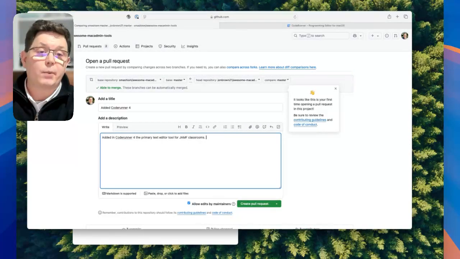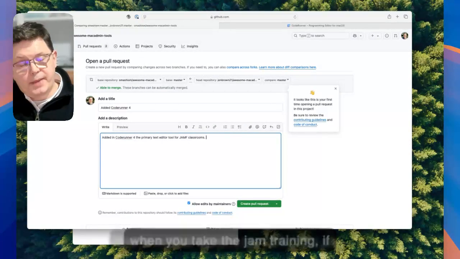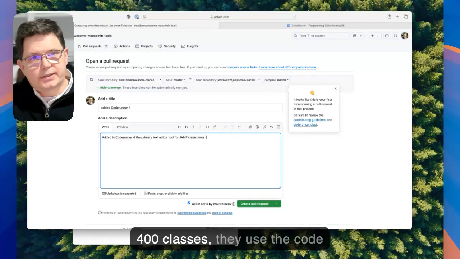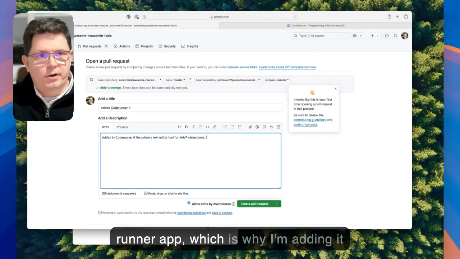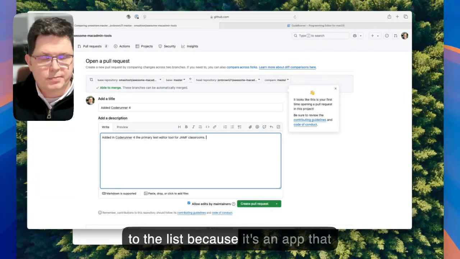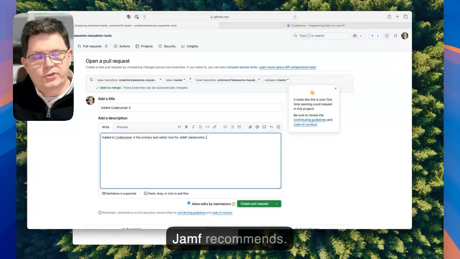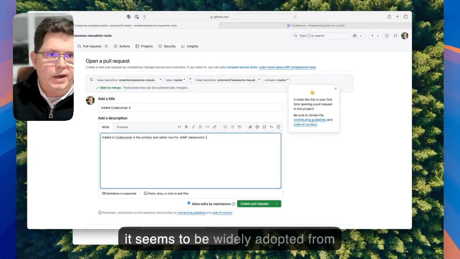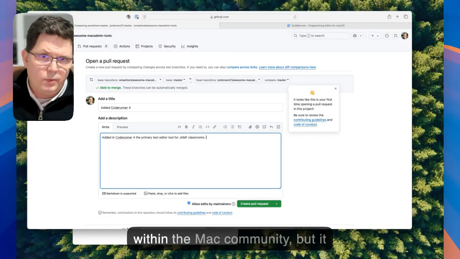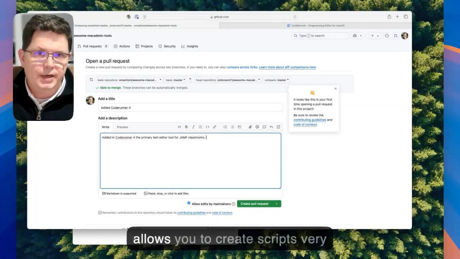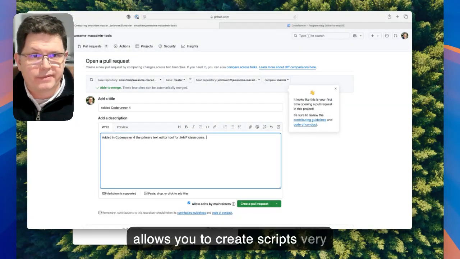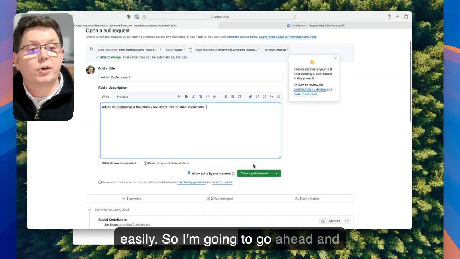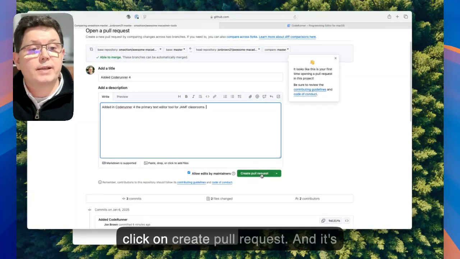Now, when you take the Jamf training, if you're a Mac admin, the 200, 300, and 400 classes use the Code Runner app, which is why I'm adding it to the list, because it's an app that Jamf recommends, and it seems to be widely adopted within the Mac community, and it allows you to create scripts very easily. So I'm going to go ahead and click on create pull request,